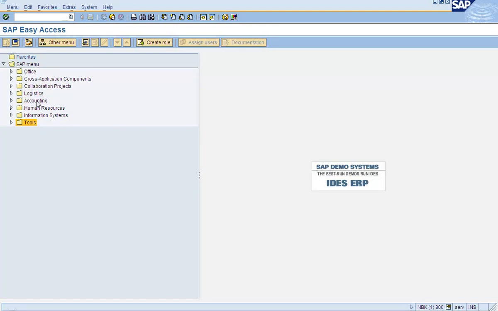If roles are assigned to user IDs, when the user logs in, you will see both these icons enabled, and you can switch from SAP menu, which is what we see now, to user menu.